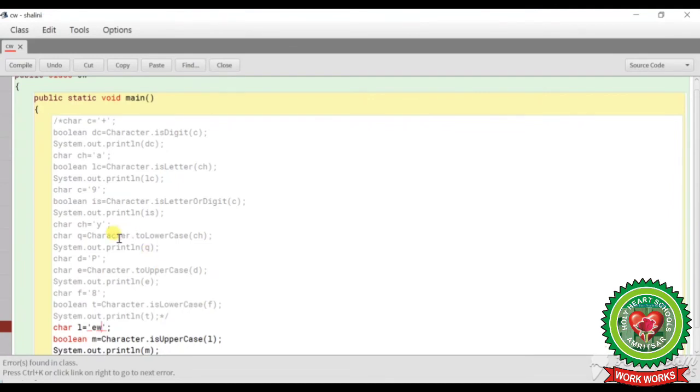So all these functions that we have done are of the Character wrapper class. And to deal with a string, we will make use of loops. Now, I hope that you will practice all these functions with the BlueJ program.